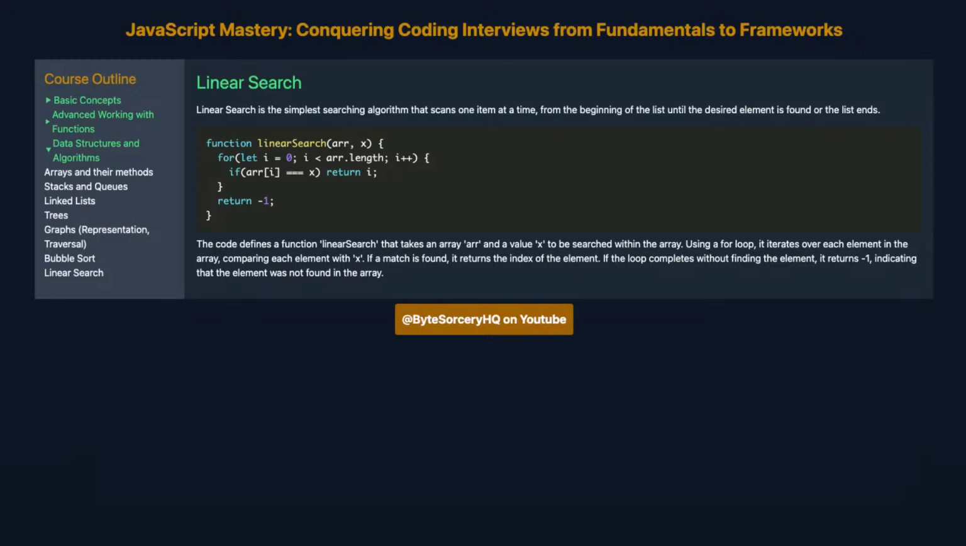The code defines a function, linearSearch, that takes an array arr and a value x to be searched within the array. Using a for loop, it iterates over each element in the array, comparing each element with x. If a match is found, it returns the index of the element. If the loop completes without finding the element, it returns -1, indicating that the element was not found in the